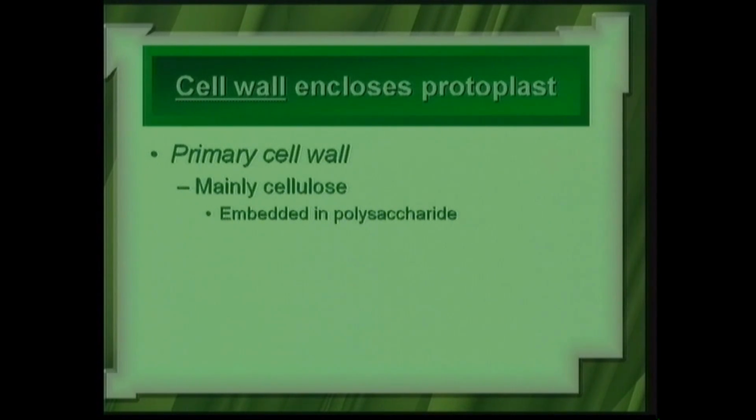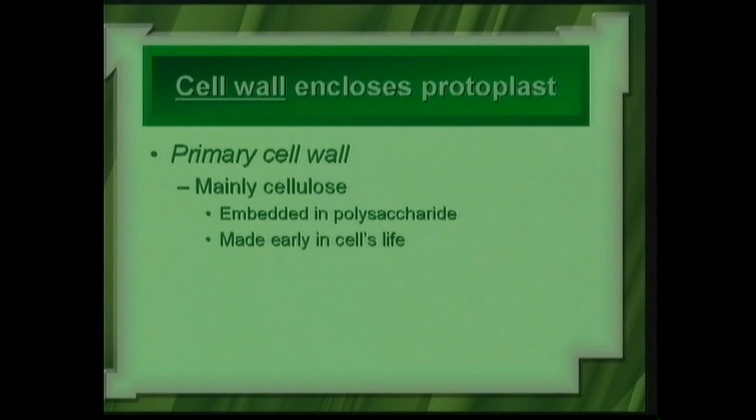And generally the cell wall materials, the cellulose, are laid down perpendicularly to each other, which is one of the reasons why the cell wall is as strong as it is, because what does the cell wall do? It functions in keeping the cell up, keeping the plant erect, and keeping everything going. So the primary cell wall is made mostly of cellulose, and this particular substance is made very early in the cell's life. It actually happens right after the cell